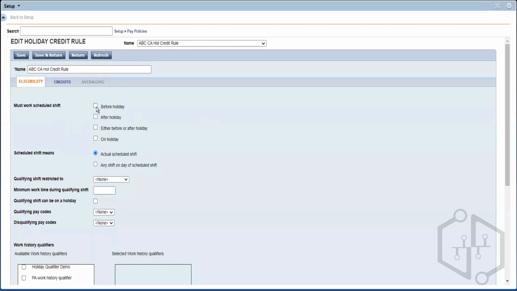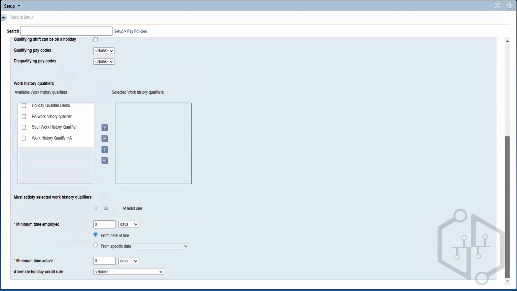Say we can say the employee should work before and after the day to get the holiday credits. If he's not working before or after the day, that means he is not eligible for holiday credit. We can give this condition: either one day before or after he should be working. Only then he will get the holiday credit. We can define these conditions here. Okay, and there are some other options like work history phase, which is not needed, and we can also have these items. To get a particular holiday credit, the employee should be at least employed for 30 days